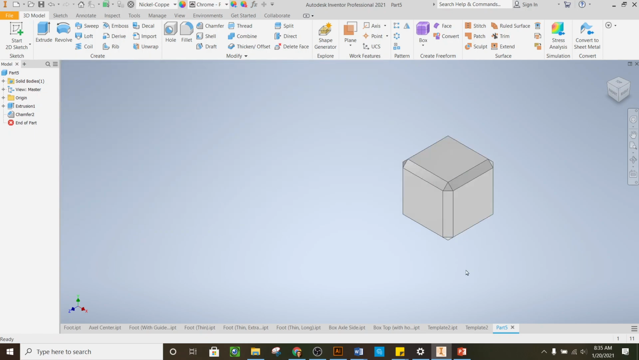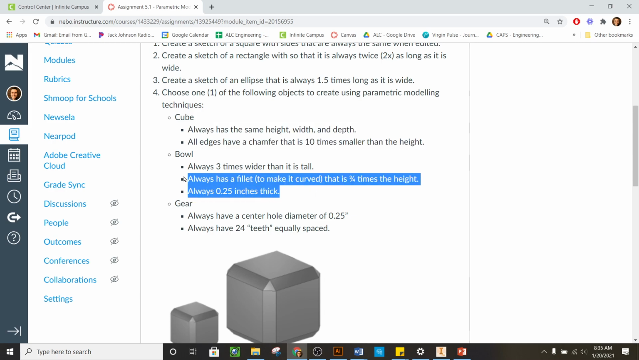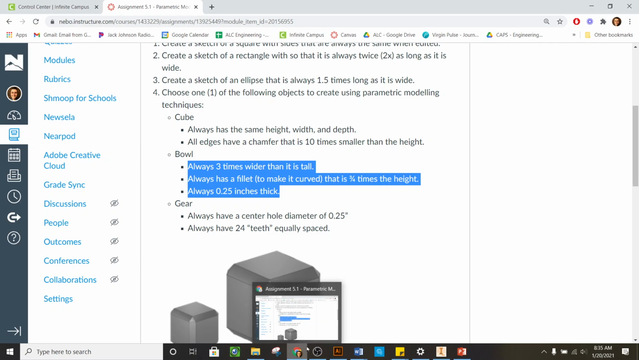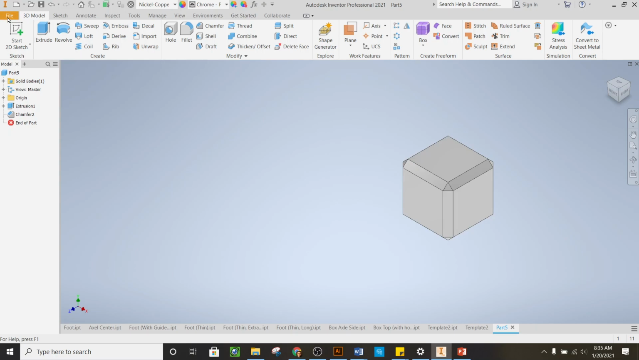Alrighty. For our next item of business, we are going to do the fancy bowl, which is always 3 times wider than it is tall, always has a fillet to make a curve that is 3/4 times the height, and is always 0.25 inches thick. So this one's going to be a tiny bit more complicated. It's 3 times wider than it is tall. First, we're going to open a new file,